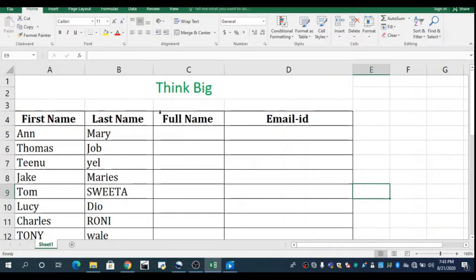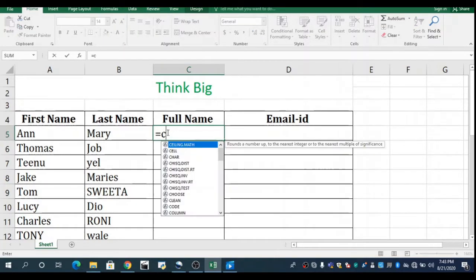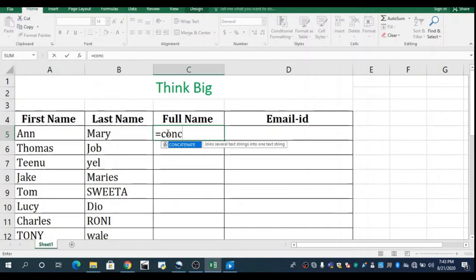So in Excel, to write the equation, first select the cell, put an equal to sign. So we have to write the keyword concat. So you can see concat, press tab, then the word will come here. Below that it is showing its syntax, that is text1, comma text2 and so on. So our first text is first name, that is A5.